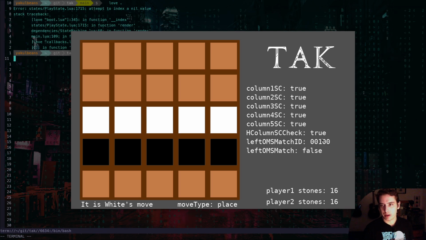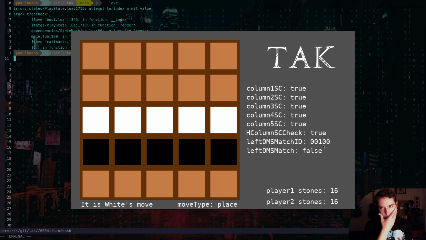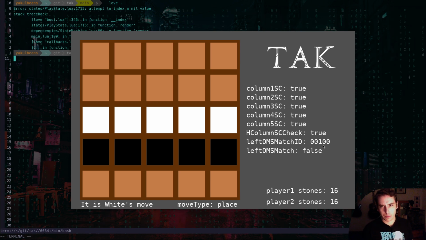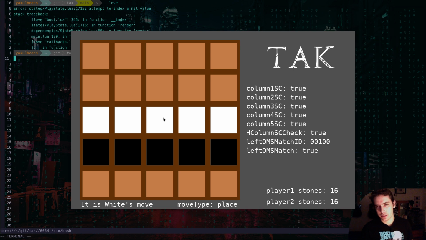And then we have an array here that is assigning values to whether or not... actually, let me see what this array is printing up. Okay, yeah, so it's titled left orthogonal middle stone match ID,